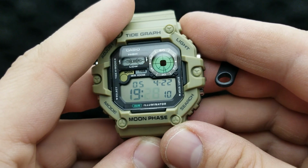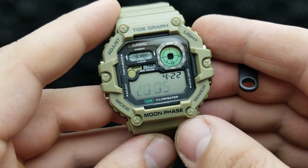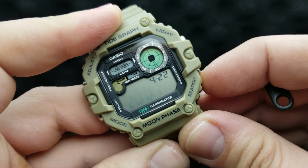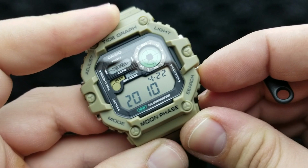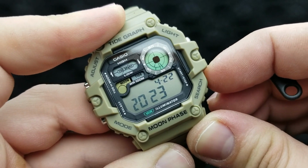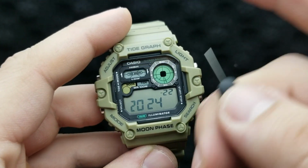Once you've set your minutes value, press the mode button and now we are setting our year value. It's flashing 2005, but I can decrease it or increase it by pressing the upper or lower right button. In this case, I'm pressing the lower right button to get it to 2024. And there it is. Once I've set my year value, I'm going to press the mode button and flashing moves on